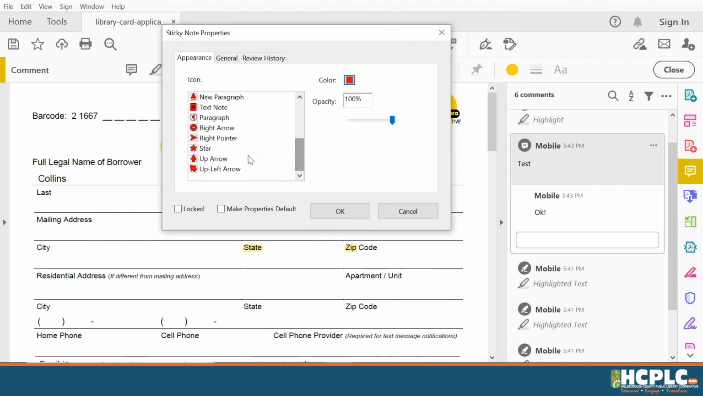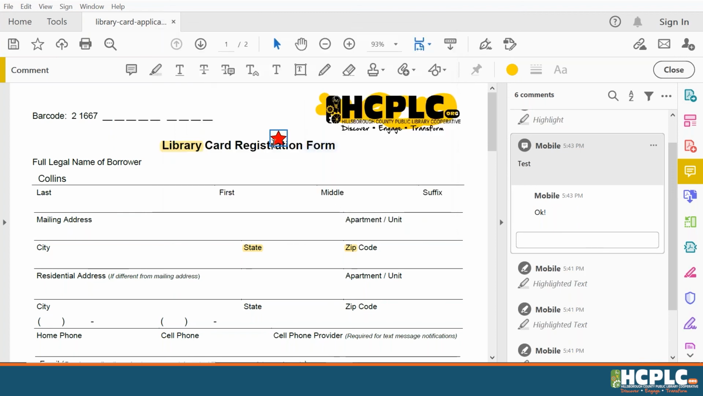And then you can give it different icons. So maybe we want it to look like a star. There you go. Our sticky note is now a star and it is red. Okay, so there are all these little things that you can do for free with the free version of Adobe